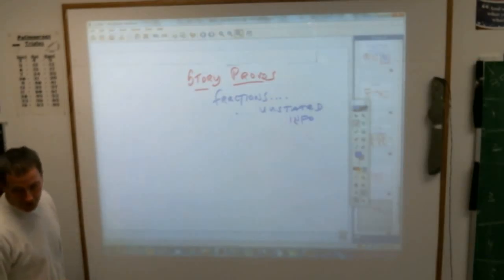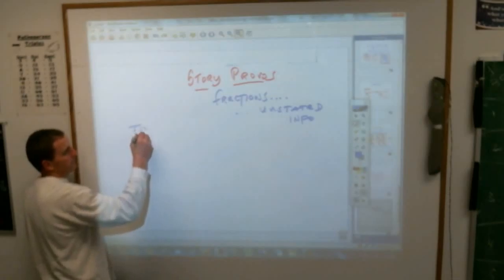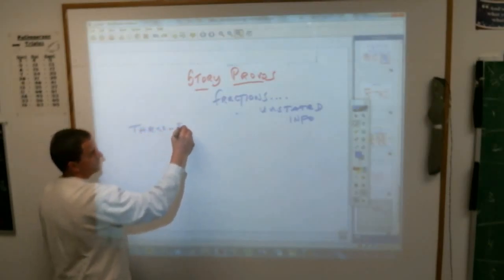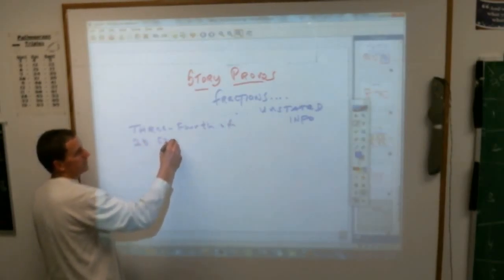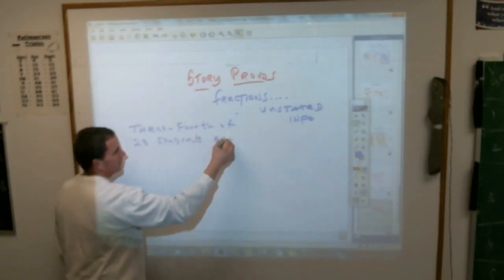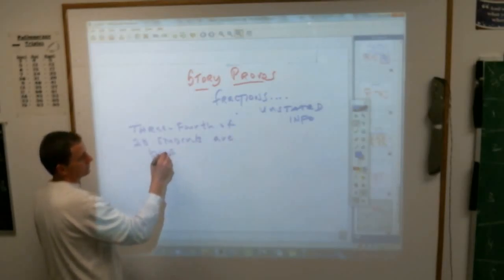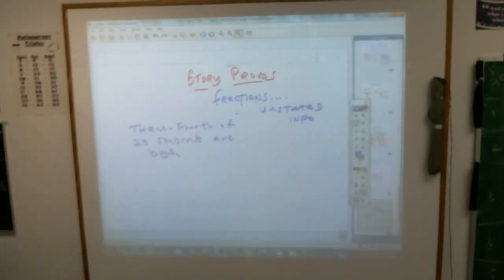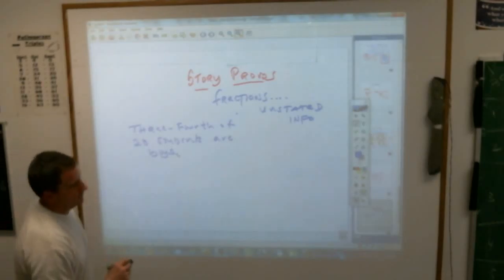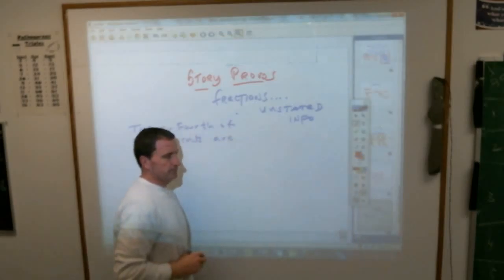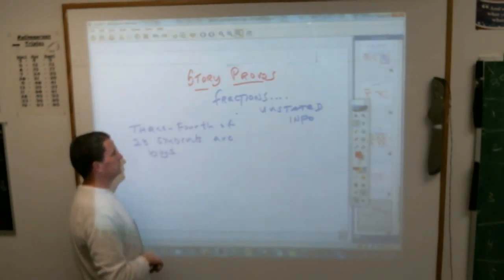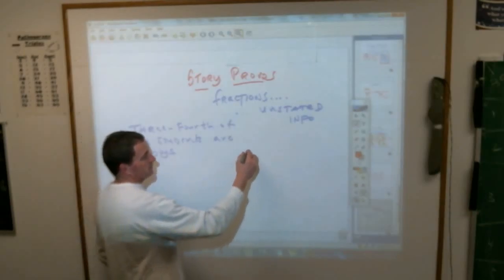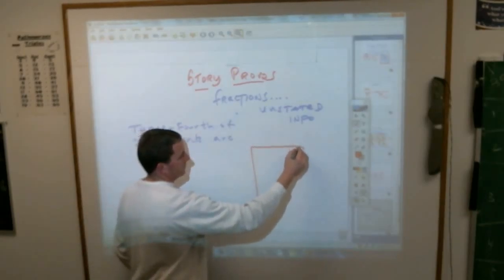Write this problem down. 3/4 of the 28 students are boys. With that, you can find out a whole bunch of stuff that's not really specifically said. You can find out how many students are girls. You can find out what fractions of students are girls, but we always start by